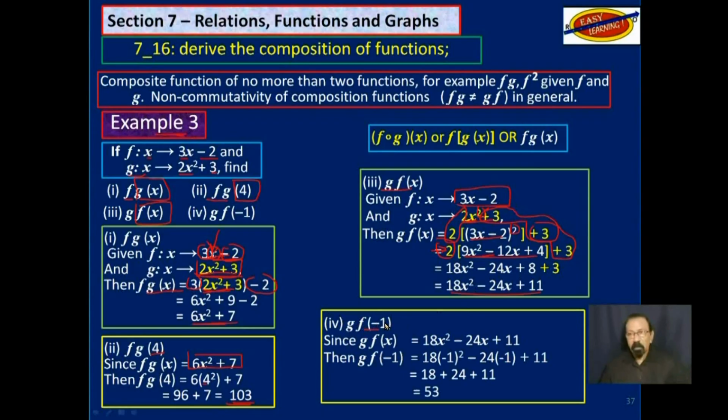And then if you want to get g of f at negative 1. So if we have this function, f of g of x, and we let x be negative 1, then we just replace x with negative 1 everywhere we see it here. You simplify and you get 53. So it may take a little while to get the hang of this. I think you understand what is happening, but it may take a little while to actually master it.